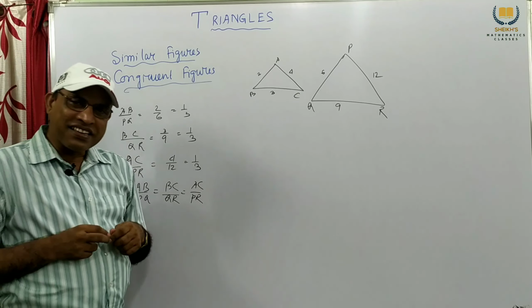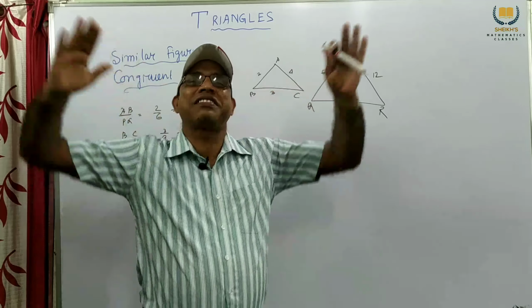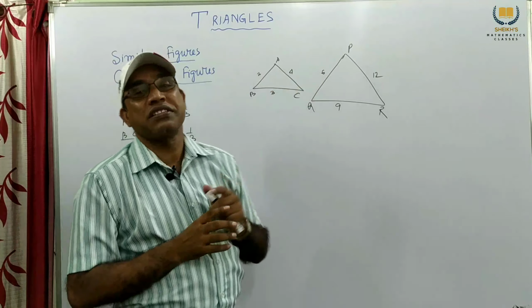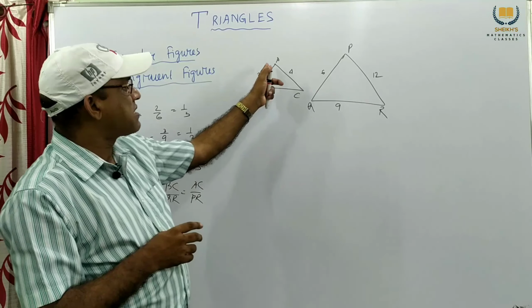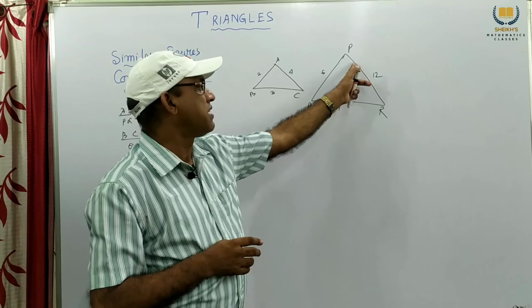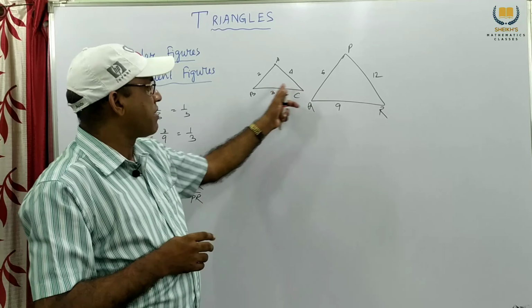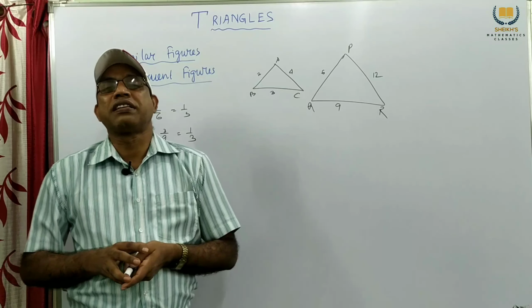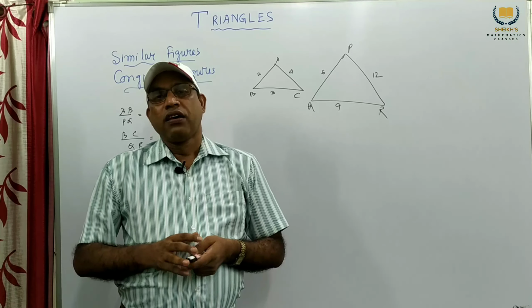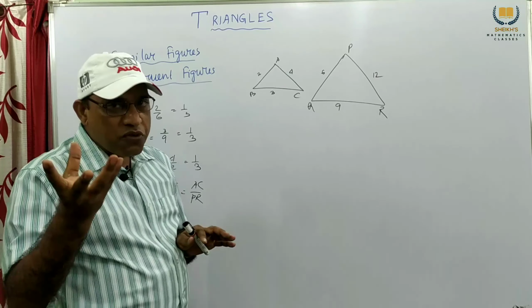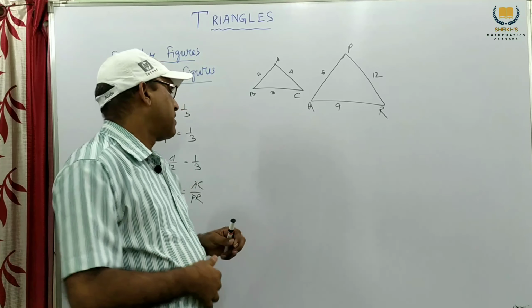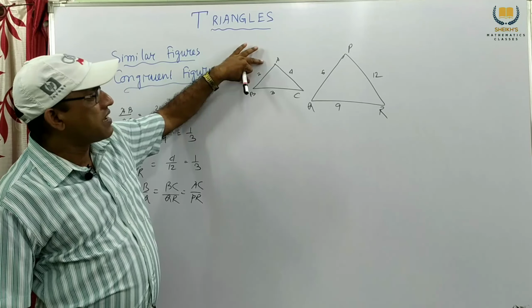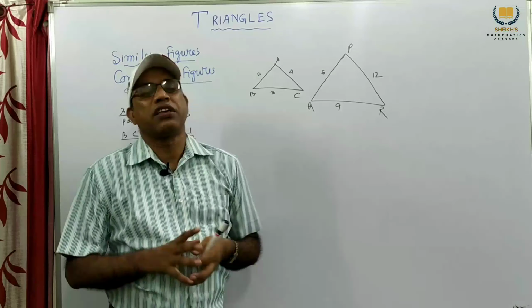So similar triangle clear? Similar means one figure is small, another is greater, but the ratios of their sides are same, and angles also same. If this angle is 60, this is also 60. Suppose this is one angle given, this is also given the same, these angles are equal, then also these two triangles are similar. So one figure may be small, one greater, then also similar. But it must satisfy two conditions. One condition is their side ratios are same and angles also equal.